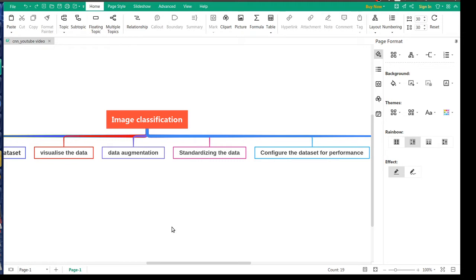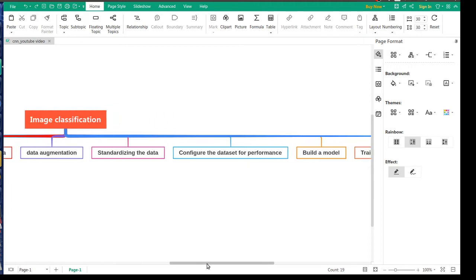Then comes a process called data augmentation. Here we augment the data. Augmentation is nothing but, if I have one image, I will create multiple images using that by changing its angle, by flipping the image right to left, left to right, like that. Then standardizing the data: our images' pixel values range from 0 to 255, but we'll standardize that and divide all pixels by 255, so it ranges from 0 to 1.